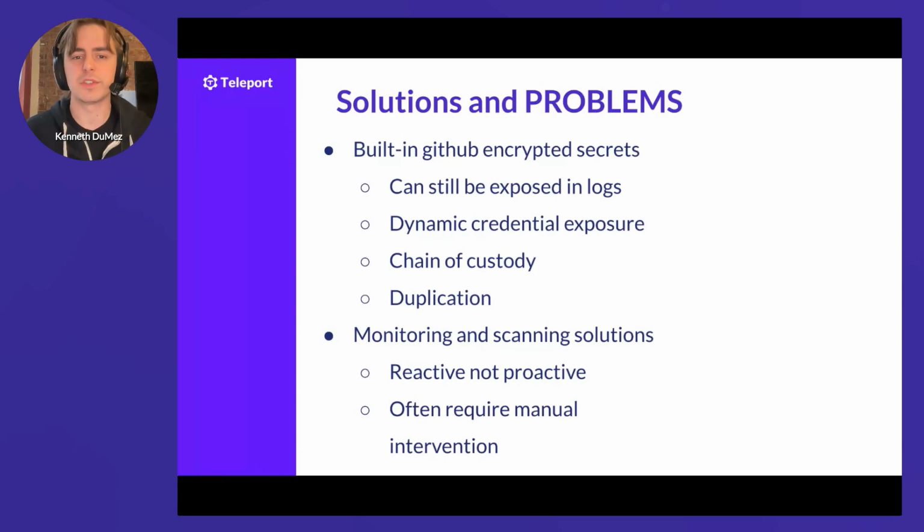And there's also the issue of duplication. In an ideal world, of course, the secrets you're using in your GitHub Actions repo would only live there, and that's it. They'd just be in the encrypted GitHub secret repo and not be stored anywhere else. However, a common setup that I have personally seen in the past, and I'm sure many of you have as well, is that these secrets will actually be duplicated and be stored in a password vault as well as the GitHub repository. This is useful for an engineer because if you want to manually access a resource, you'll have those